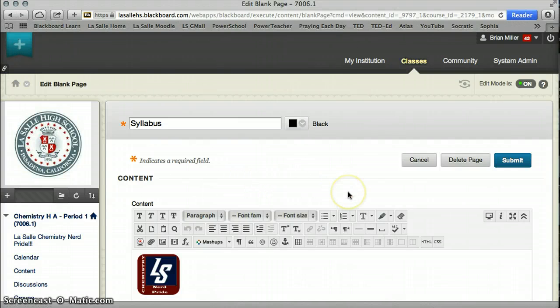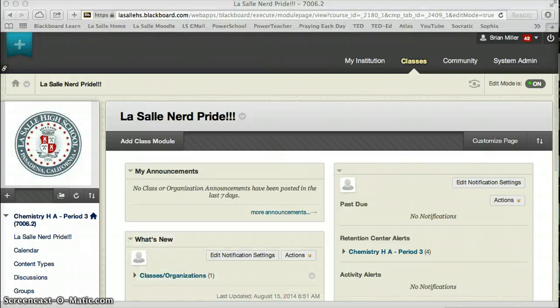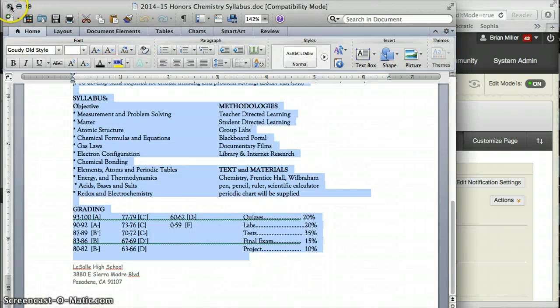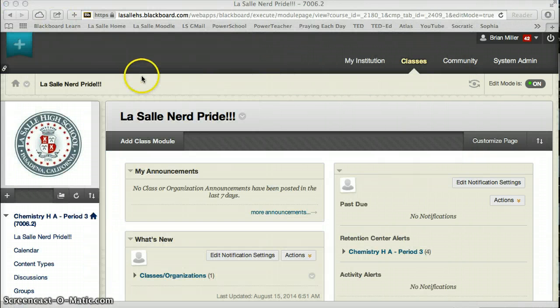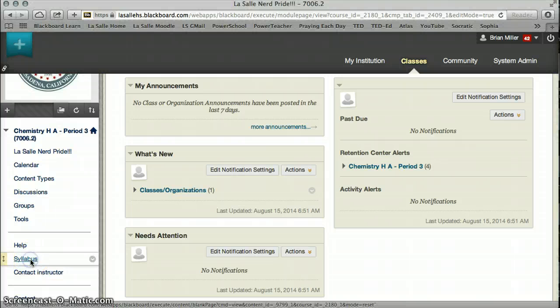Now the second way to add in a syllabus is to actually add in the file. So I'm going to do that in my other class. I'm going to go up here to Classes, and I'm going to go to my Chemistry Honors Period 3, and I'm going to close the old syllabus that I used before. And now we're using the same syllabus, so when I choose Syllabus now,